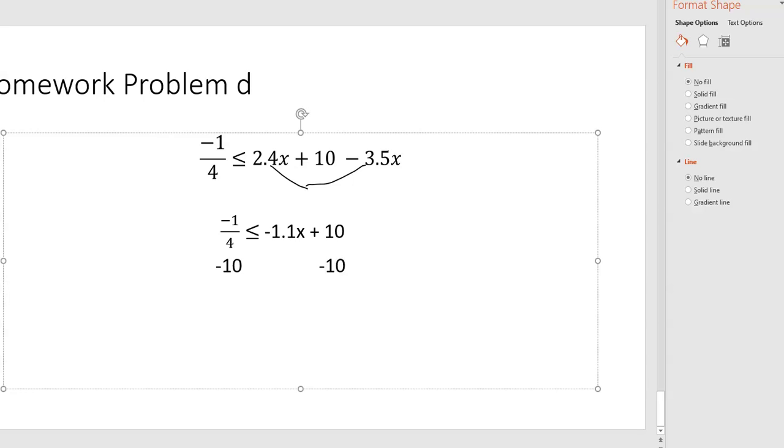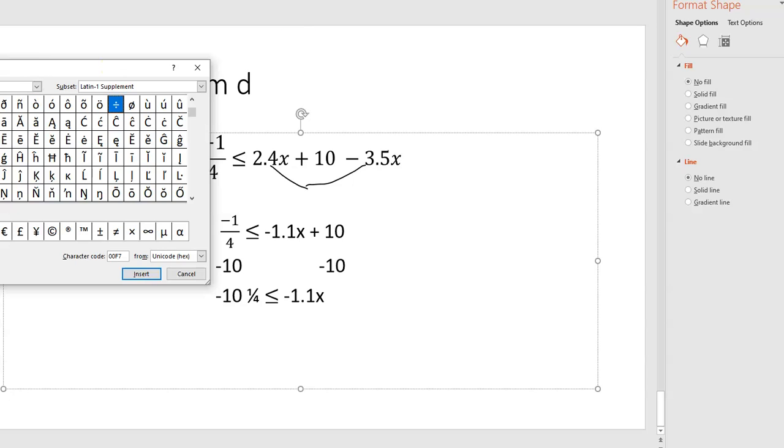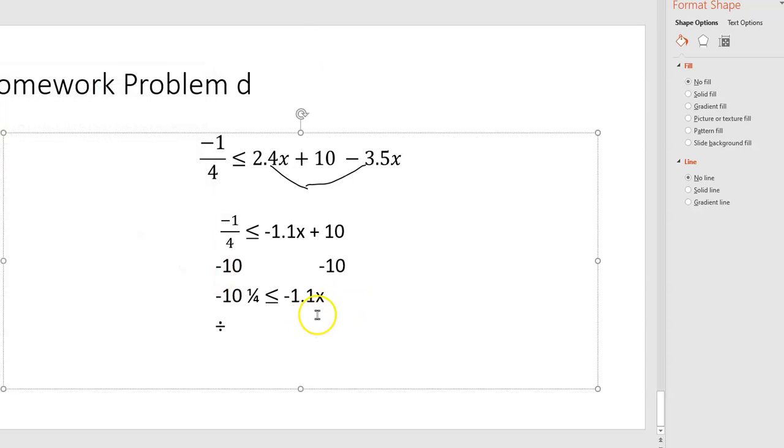Negative 1/4 minus 10 is negative 10 and 1/4. Not a fan of the mixed number, but I'm just going to leave it as a mixed number for today because you could hit second ABC to make it not mixed if you wanted. So then we can divide by the negative 1.1. We have to do that on both sides. And that gives us